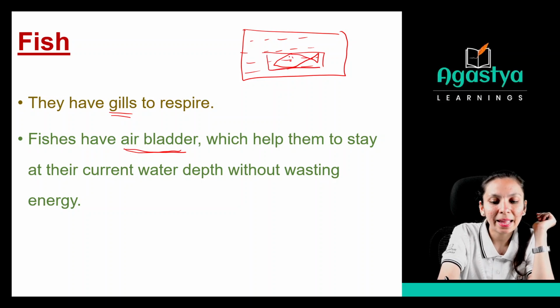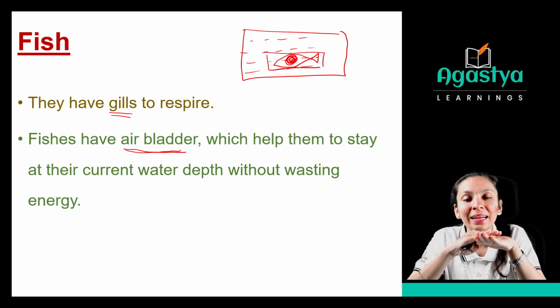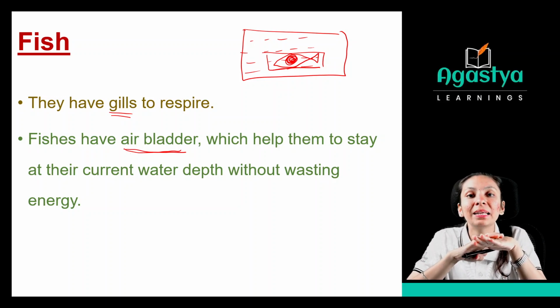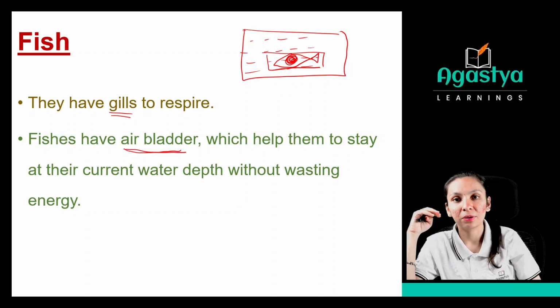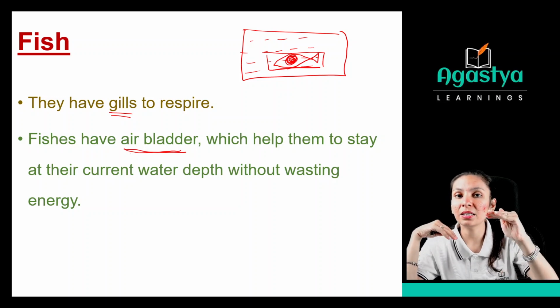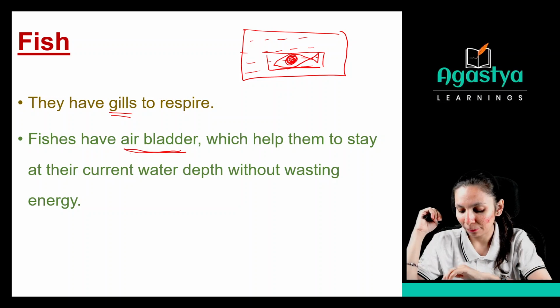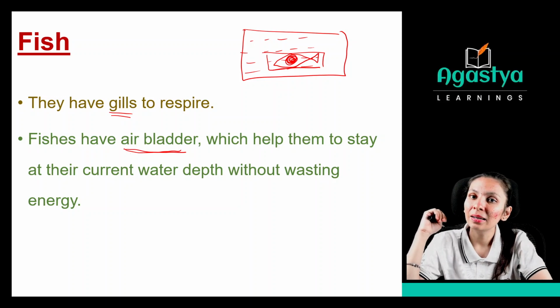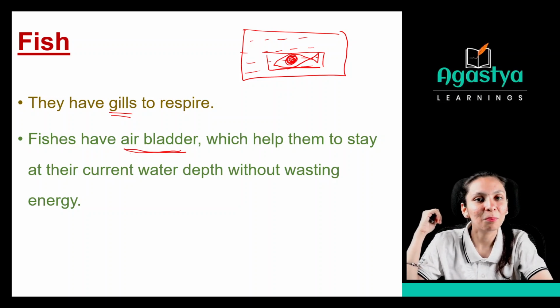With the help of this air bladder, which will provide the support to maintain their body shape, maintain their body structure at that particular depth, so that it cannot move up or down, right? They can maintain their body straight at a particular depth of the water. Clear this part? Okay. And how can they do it? By maintaining the oxygen level and the air level in the body structure.